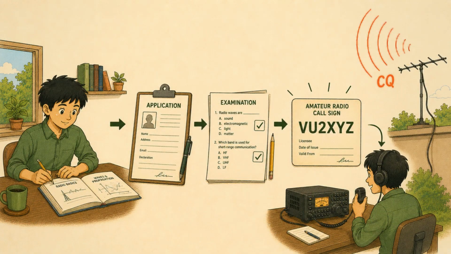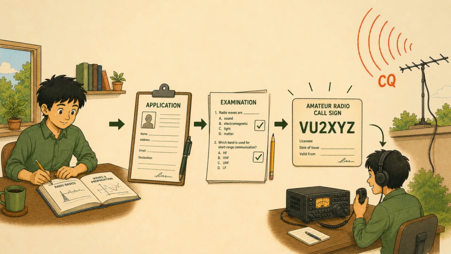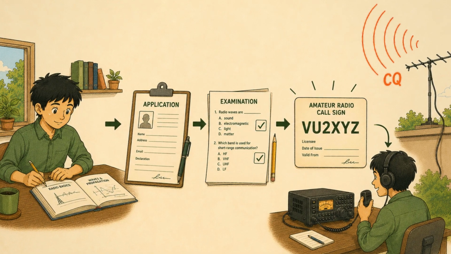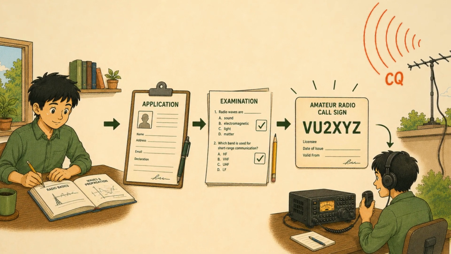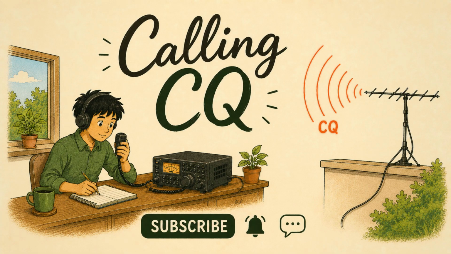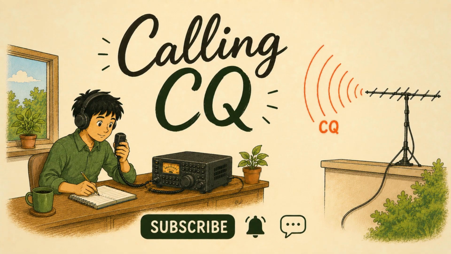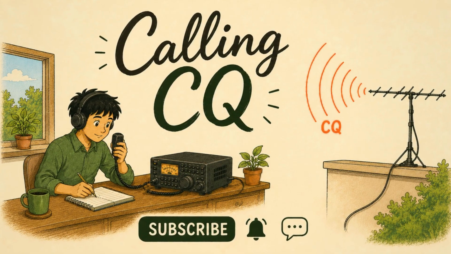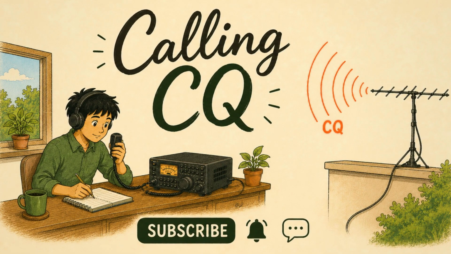The ham radio examination is not a test of whether someone already knows everything about radio. It is a compact course in operating responsibly. Understand the equipment, respect the spectrum, identify the station, and avoid causing interference. In the next episode, the examination moves from theory to action. The current application process, the documents involved, and how a successful candidate receives a call sign.